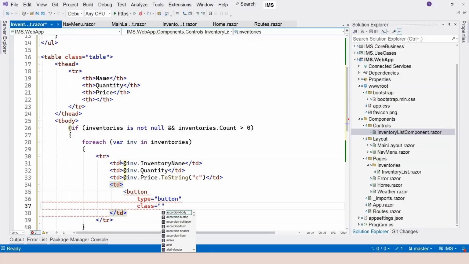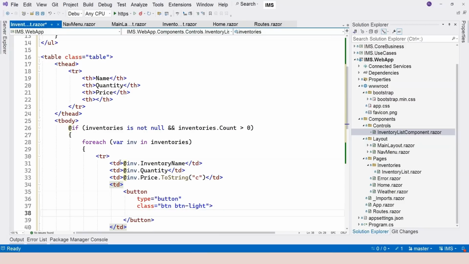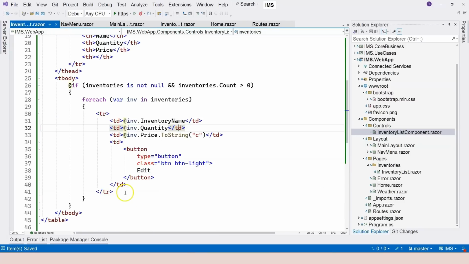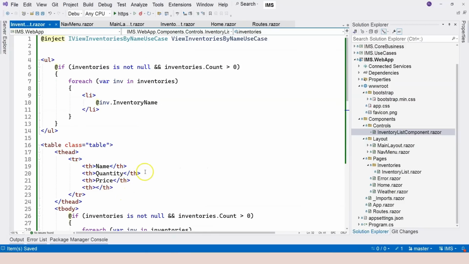So we have the class here, we have btn and btn-light. So this is also Bootstrap classes. And here I want to give it a name. So this is added. Now we have finished creating our components, and it's time for us to use this component